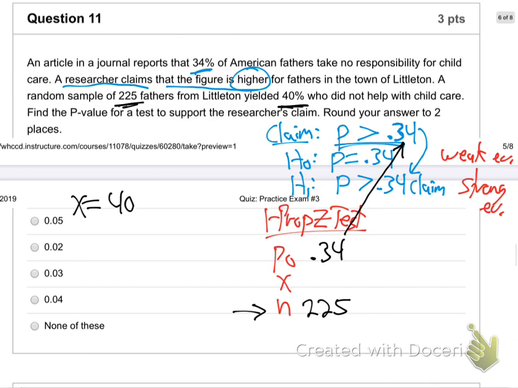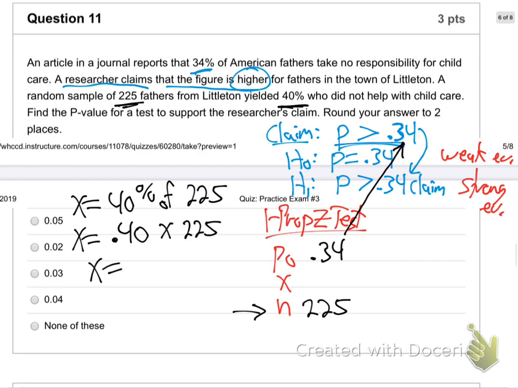X will be 40% of, which always means, what does that always mean? Times. Part of, which is times. 40% of the 225. Is everybody seeing this? Don't miss this. This will be very important to you in 2 nights. 40% of 225. See, they're not saying, 10 fathers out of the 225. They're saying 40% of those fathers. So we got to get that ourselves. So we got to change the 40% to a decimal, whenever we use it in a calculation. Of is times